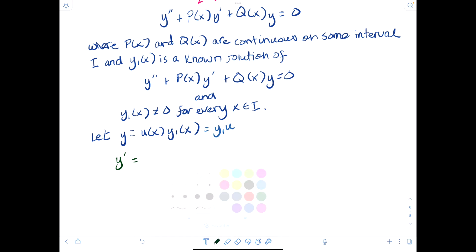Y prime is going to be y1 prime times u plus y1 times u prime, which is equal to, I'm just going to write it, commuted here,